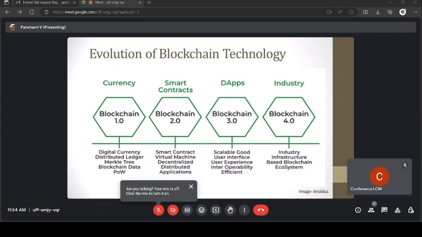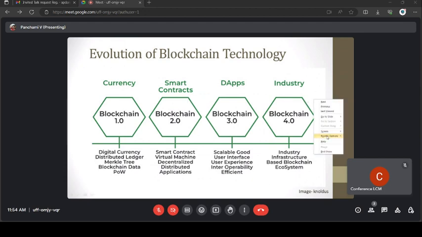Before starting the fundamentals of blockchain, let's analyze the evolution of blockchain technology. While we consider the evolution of blockchain technology, we can classify it as blockchain 1.0, 2.0, 3.0, and 4.0. If we consider the period,